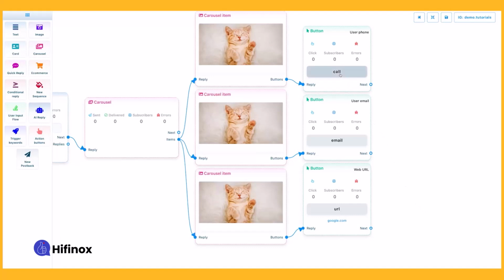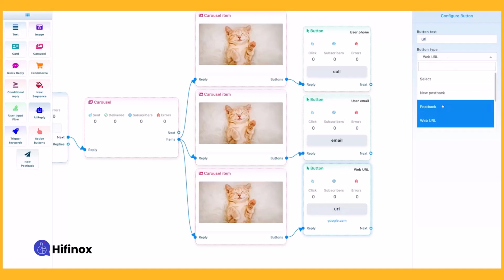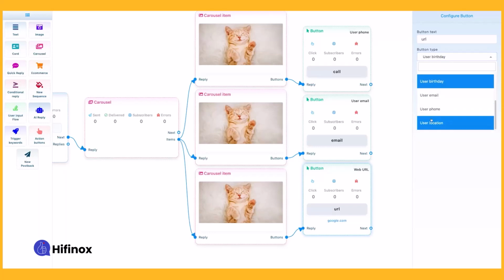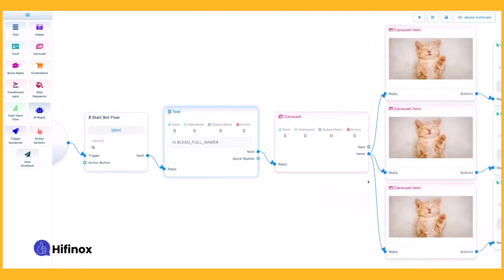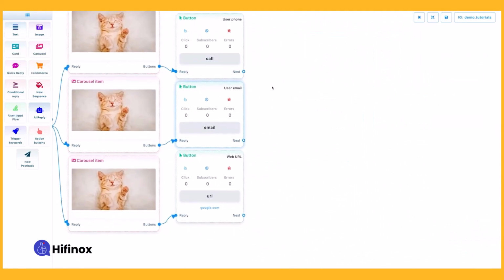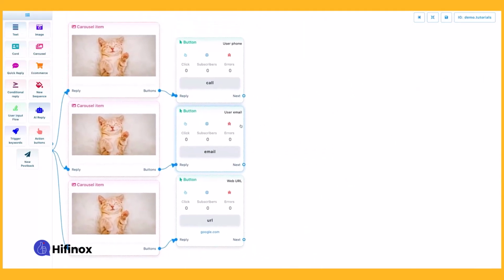Choose Web URL as button type to redirect to an external web page. Select User Birthday as your button type to display a form to collect your customer's data. The same will happen with the user phone, email, and location types. You can change the thank you answer on the action button settings of the Bot Manager. Finally, if you wish to personalize the action that will follow this button, you will have to link it to